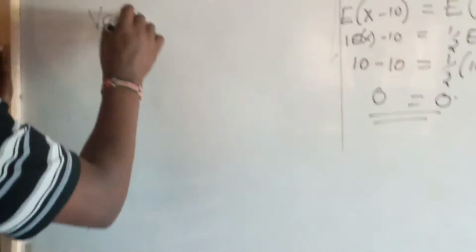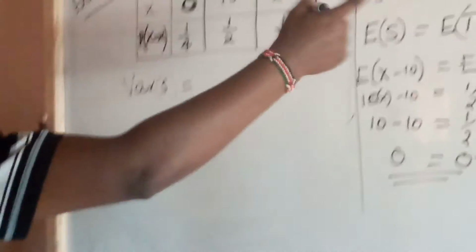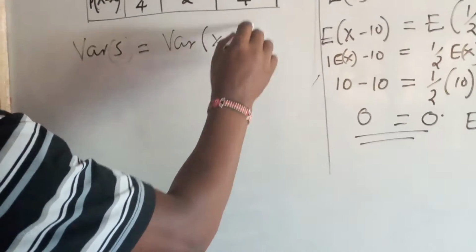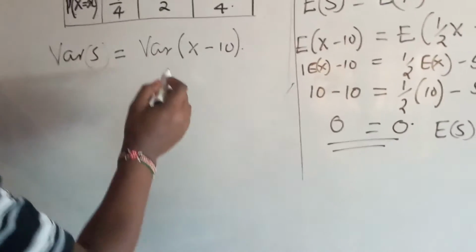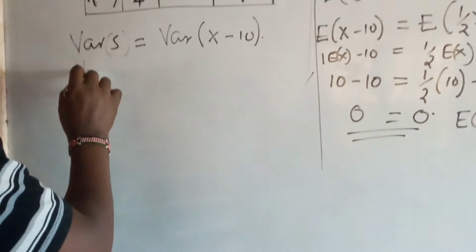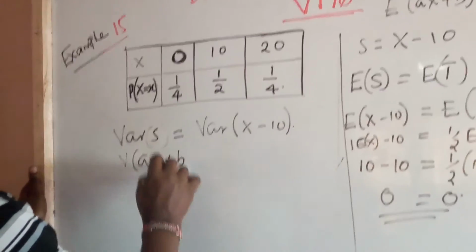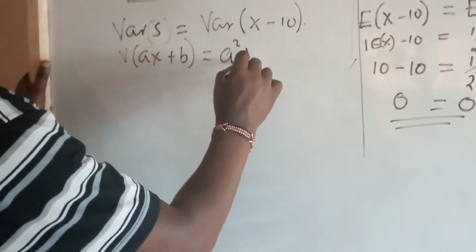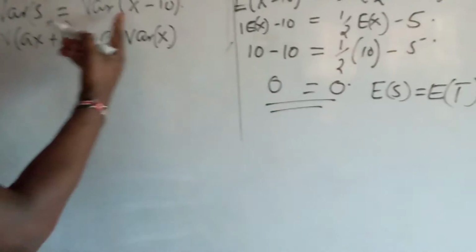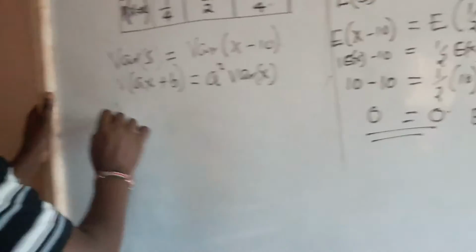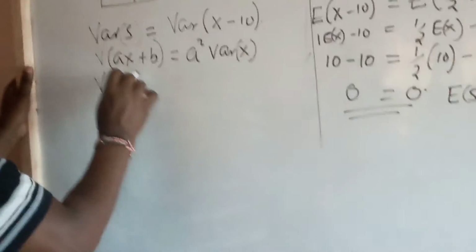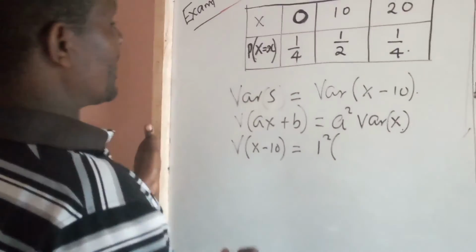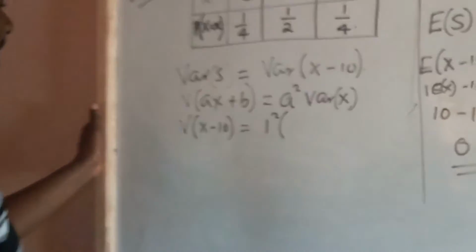The var of S, which should be the var of x minus 10. And if you look at this, the var of ax plus b, from the previous example, we have had that this is a squared variance of x. And this one, our a is 1. So the var of x minus 10, which is our x, is 1 squared multiplied by the variance of x,